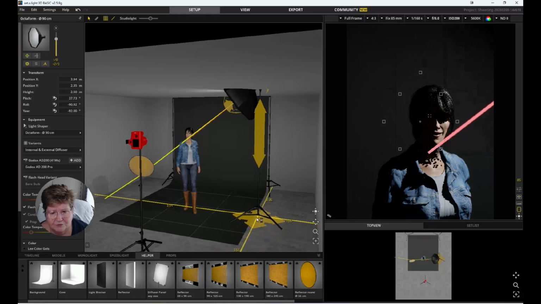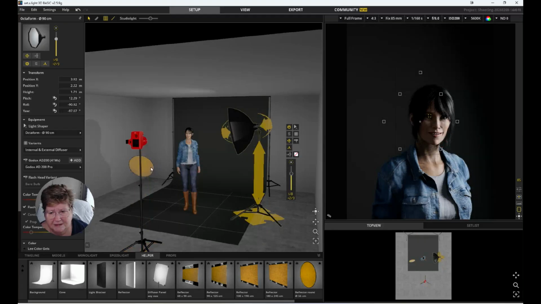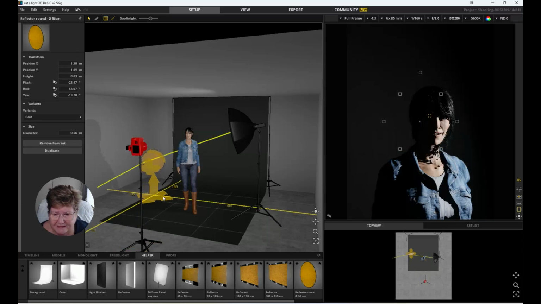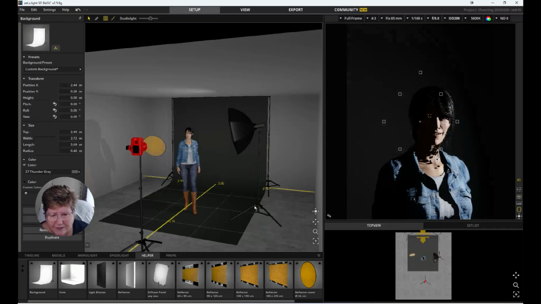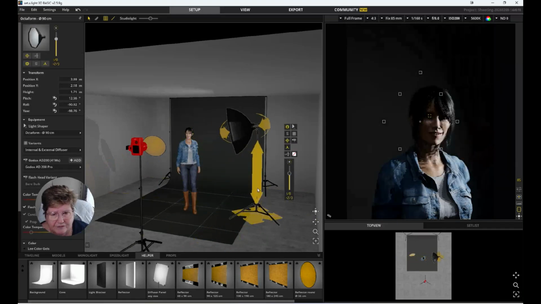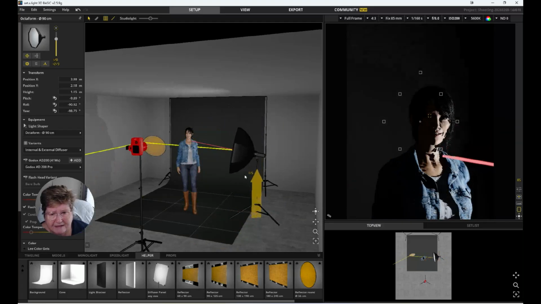I'm going to do this more of cross lighting, maybe bring it down a little bit. You can see where my light is hitting my reflector and bouncing back into my model. This is where the only tricky bit gets in. You're trying to work your way in amongst different things. So you can see how shaping that light, whether you're bringing it in closer, further away, angling it up, coming down,